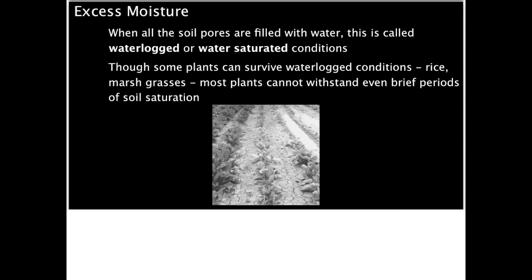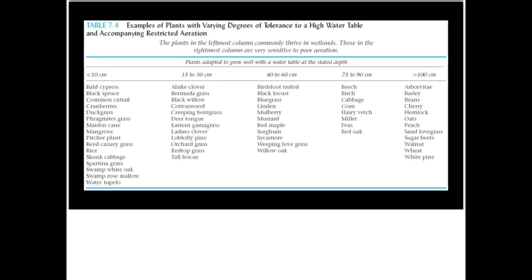So you can see this area right in here where the plants have been stunted because of lack of access to air, right? It's not necessarily the water that's bad. It's the fact that the water pushes out the air and makes the air unavailable to plant roots that really gives a problem. When we think about different plants that can withstand more or less water, we can break them